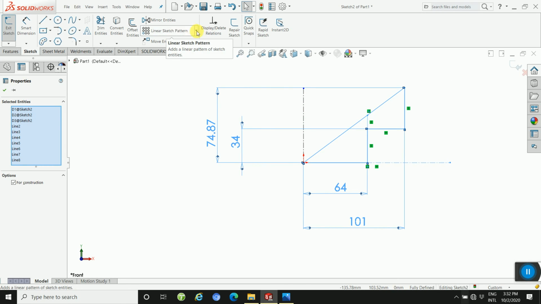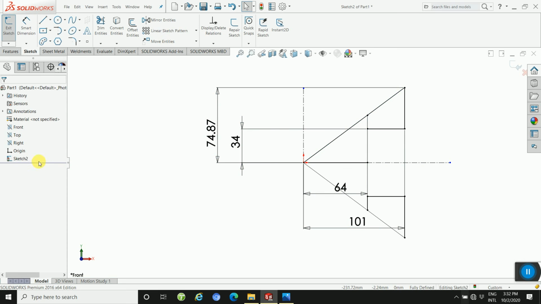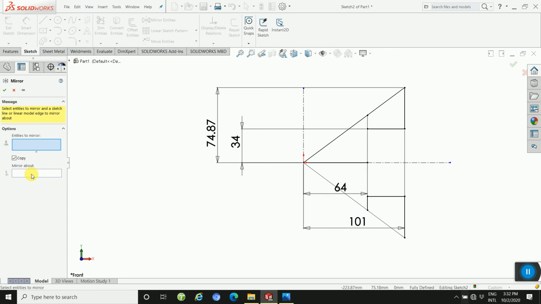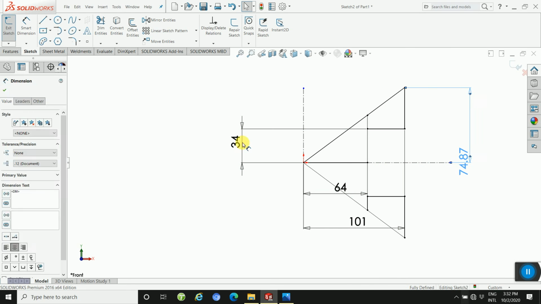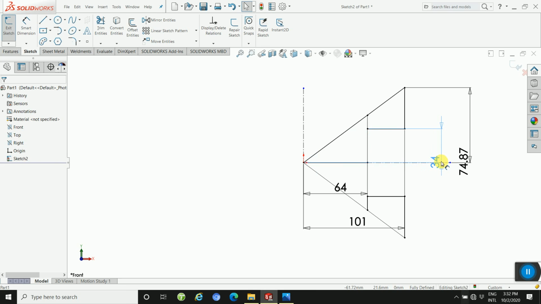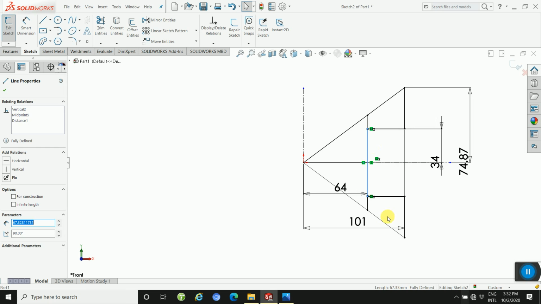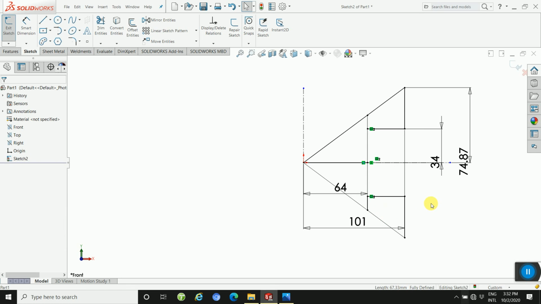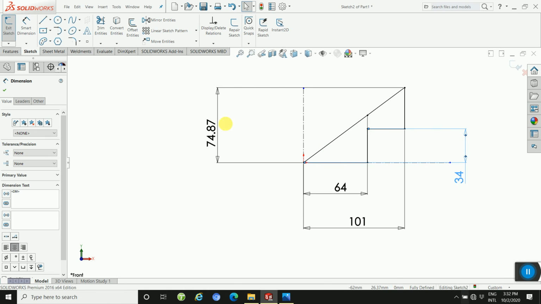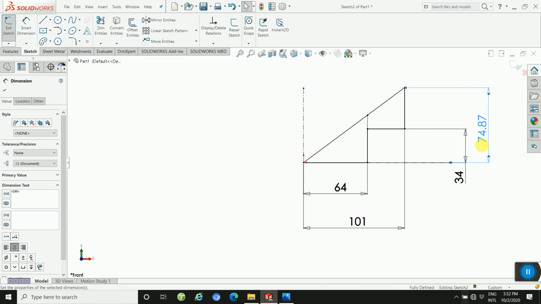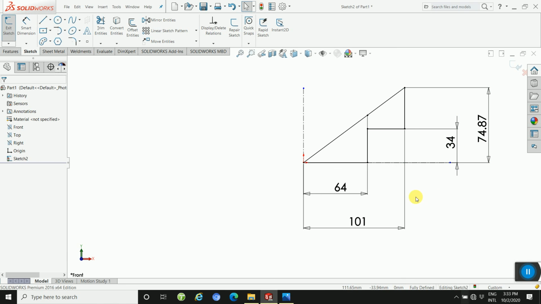Then go to Mirror Entities and mirror, then select this point. Apply mirror here.